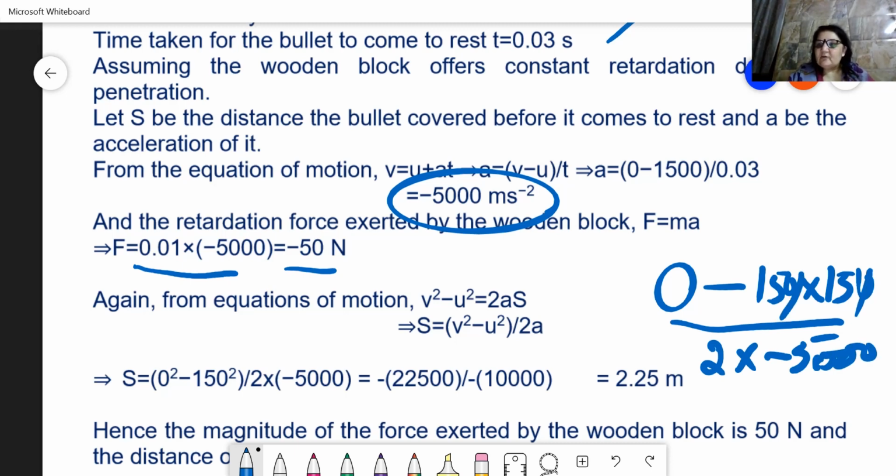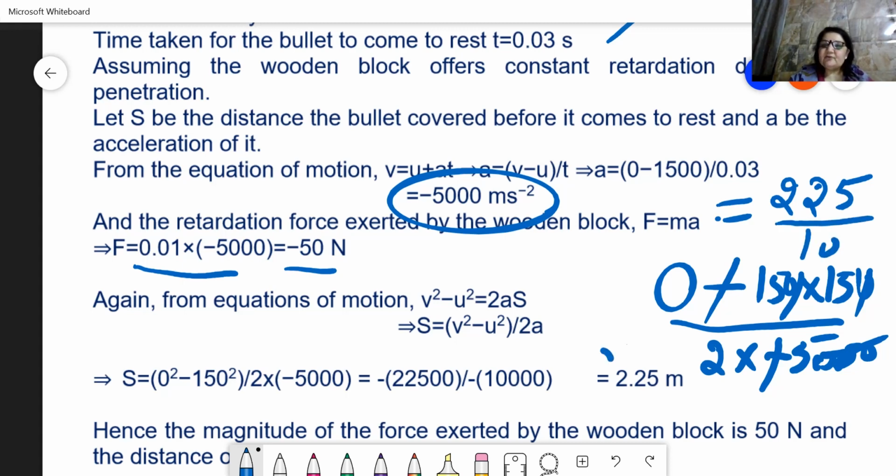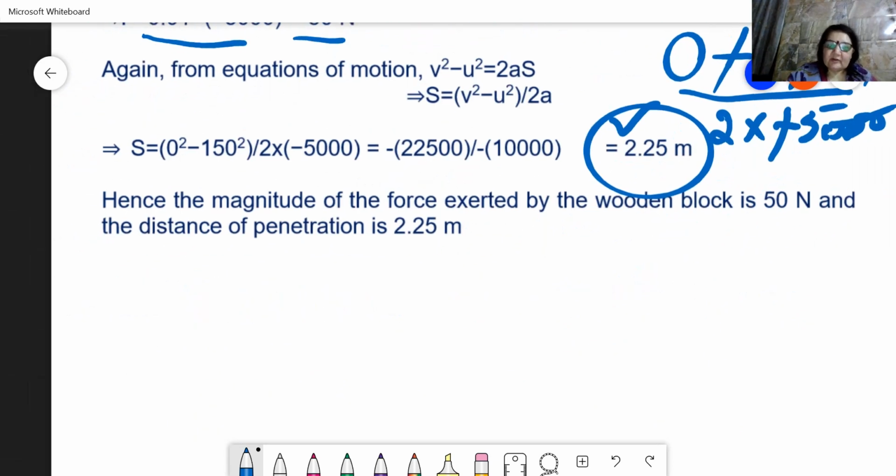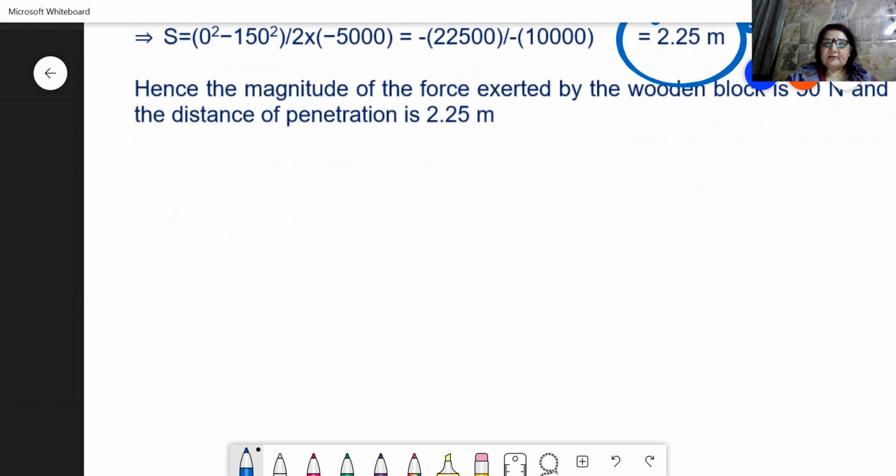You can see the zeros will cancel with 5000, two zeros, and only 50 will remain. So 2 into minus 50. Now after this step, we can write minus 150 into 150 remaining, so minus and minus cancel, and it will be 225, because 15 into 15 is 225, divided by 50. What is the answer? It will be 2.25 meters. So you can see it's a very simple calculation. Just go through the calculation which I have already shared today. I will also share it again if you have not noted it properly.